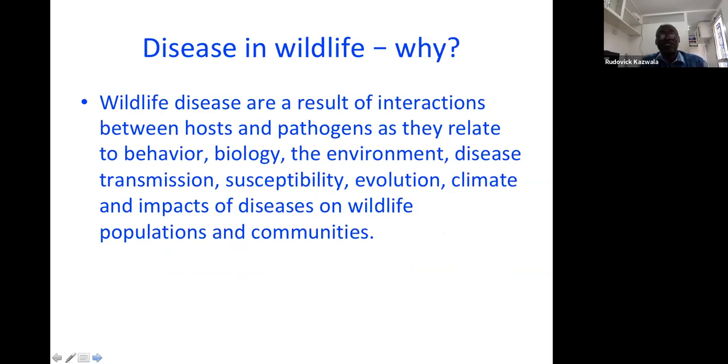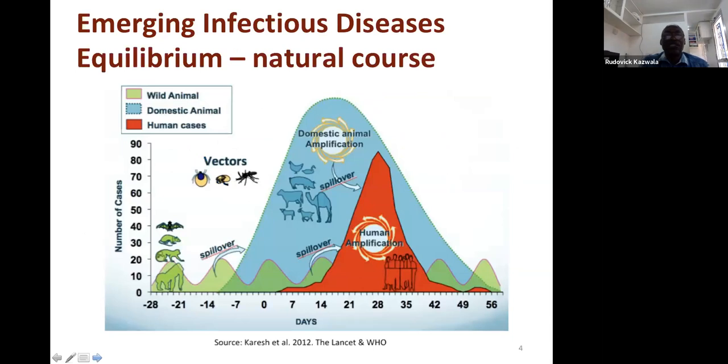So why diseases in wildlife? I think the issue is that these interactions which occur between the host and pathogens may be influenced by various factors, as you can see on my slide. In nature, if we let nature take its course, we have situations in various places. I've copied this from Bill Karesh's paper. You will see that from the